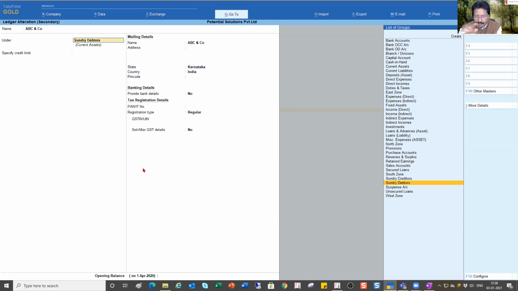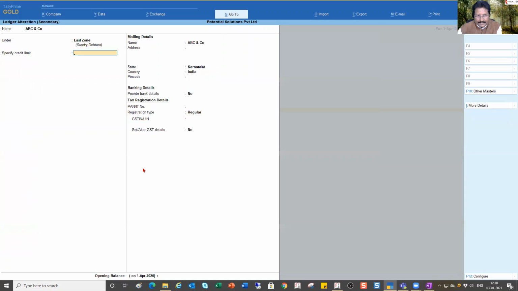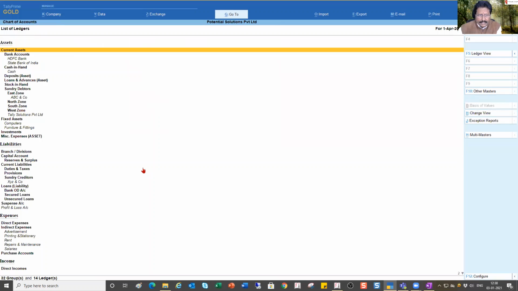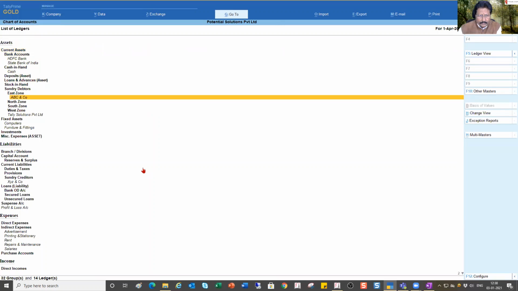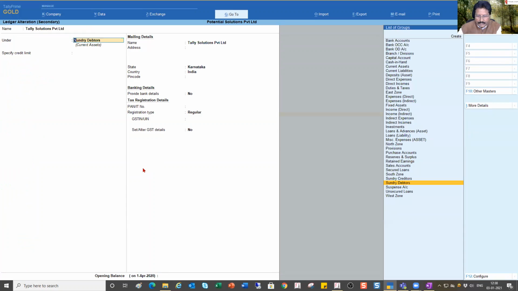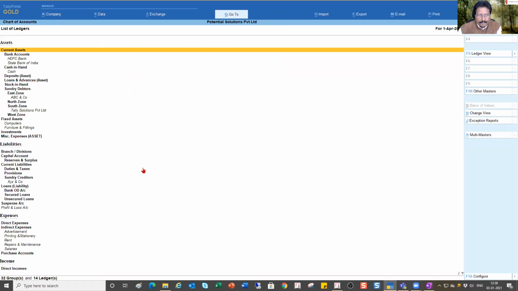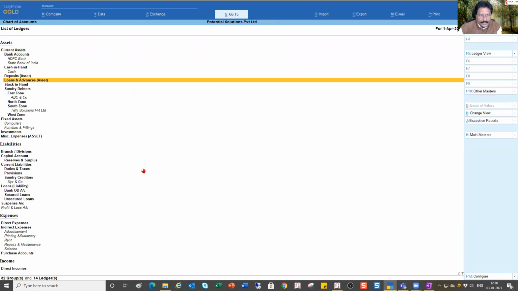So I select this ledger, and now I come here, under the Under field. Now I have wrongly selected sundry debtors. Now I have to select East Zone. So I type East Zone, enter, and nothing else I need to change here. I'm going to press Control A, and let me also do this for Tally Solutions, and then we will see the result. For Tally Solutions, I come here, type South Zone, press Control A, and now let us come here and see